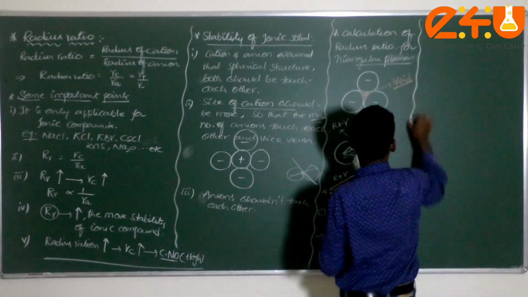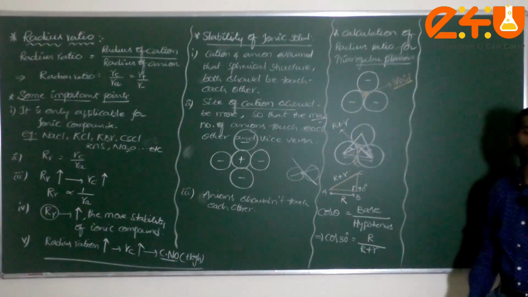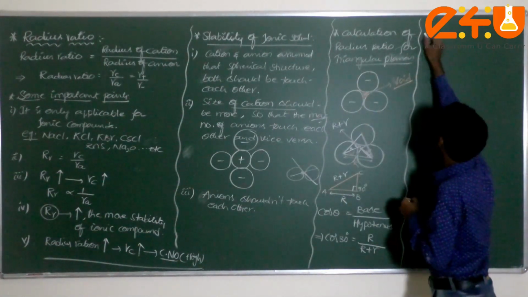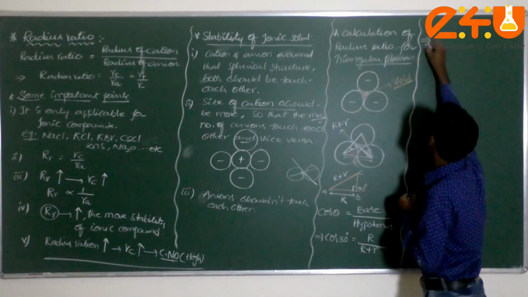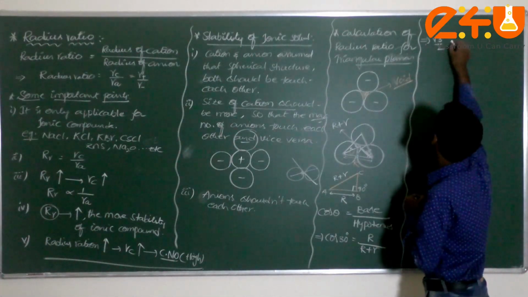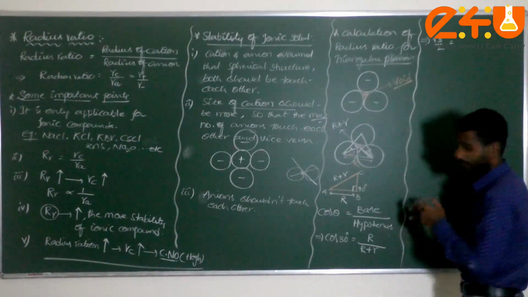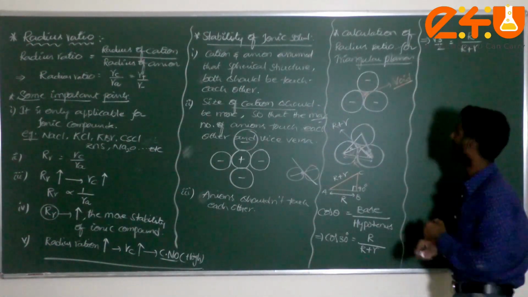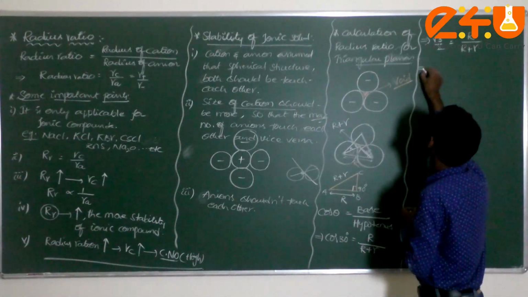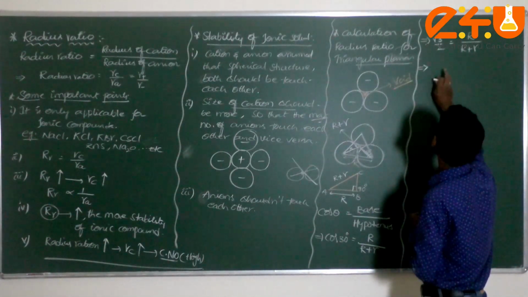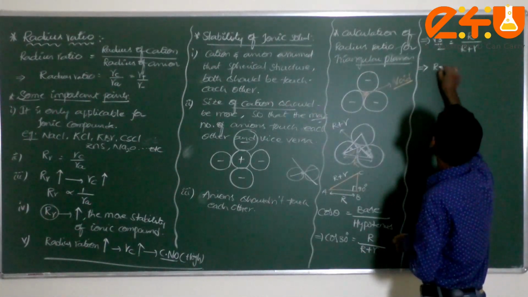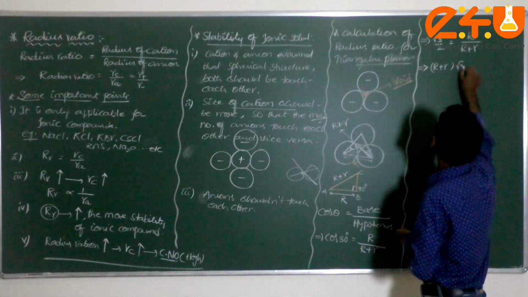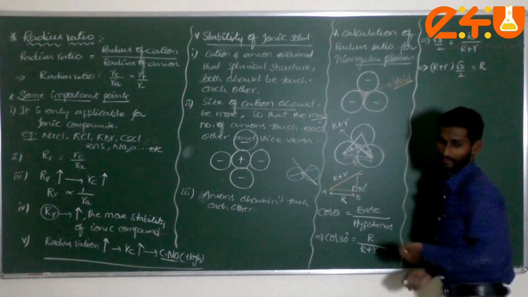Now I am not going to calculate the radius ratio for all the solids. If I calculate one, for the rest of them we have to remember the values. Now I can write here: cos 30 degrees is equal to, what is it, dear student? Square root of 3 by 2, or not? Square root of 3 by 2 is equal to capital R divided by capital R plus small r. Am I correct? Now how to write here, dear student? Capital R plus small r, into root 3 by 2, is equal to R. Am I correct or not?